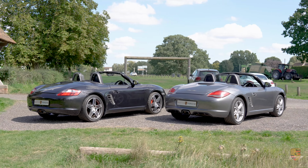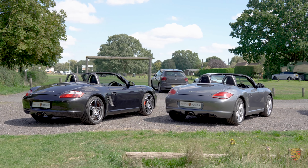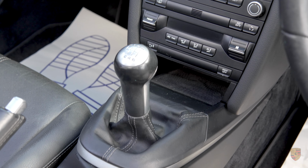So you find us then linking into the video that we've just done in the 2.7 with the Tiptronic box. We're going to move into the 2009 reg Boxster, now with the manual gearbox, just to do a small comparison. Again, I've just had to change this to suit my style. Obviously slightly different when you're depressing the clutch all the time. It has the